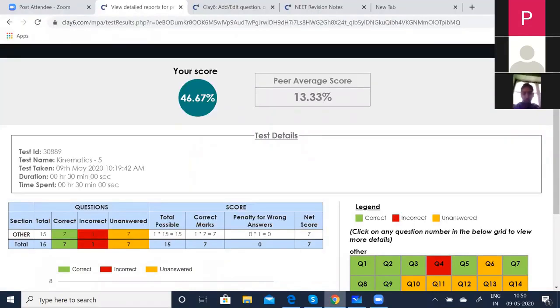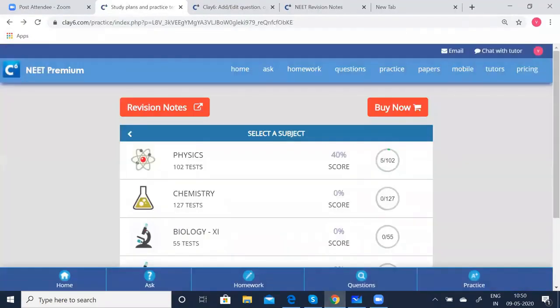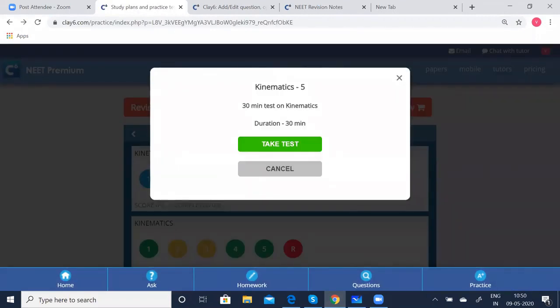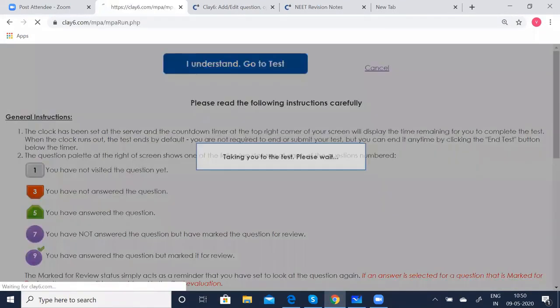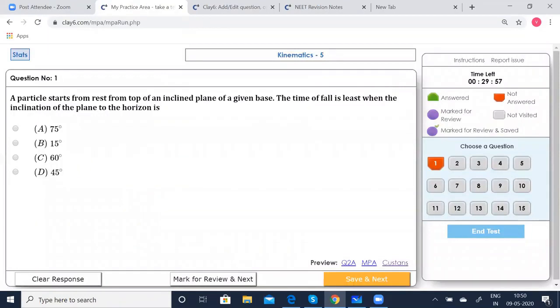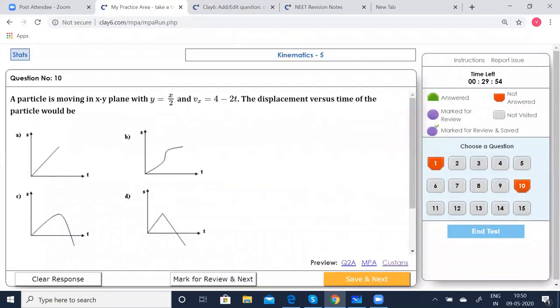Oh, just a second. Yeah, we were on the 10th problem, right? Yes. Look into the graph. Now you can see that it is not a linear graph. Obviously, it cannot be a linear graph because at 4 s the displacement is 0. So this is not touching the x-axis, so you cannot take option B. So the option is now going to be between C and D, which is touching the x-axis. You'll be wondering whether it is C or D, but it is not going to be linear.